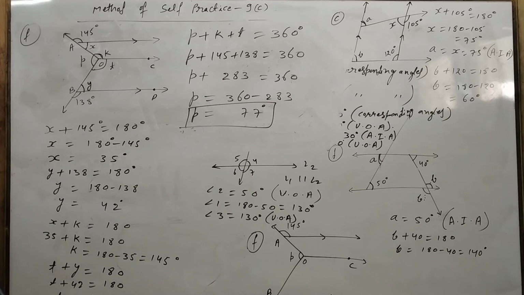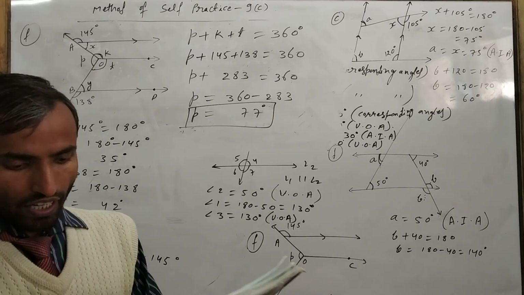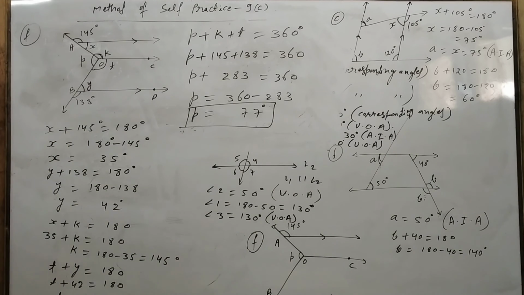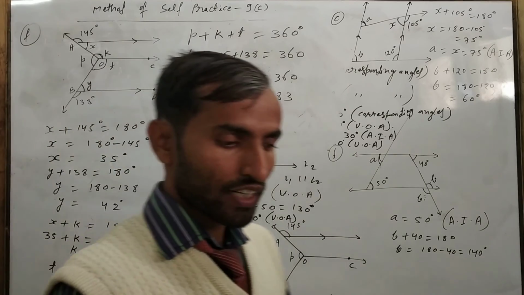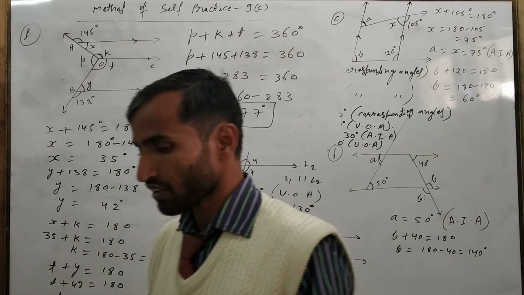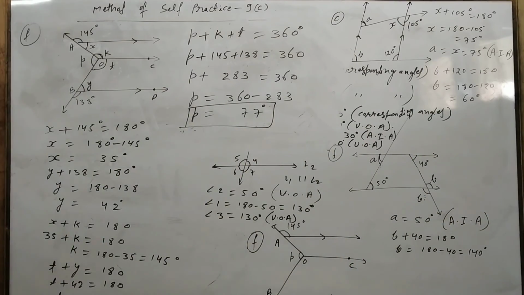So like that we will solve question number F. Okay. Whatever remaining I have left, just try also. Just use here the properties of parallel lines, corresponding angle and alternating angles, co-interior angle and linear pair angle sometimes, and sometimes vertically opposite angle. That's all.